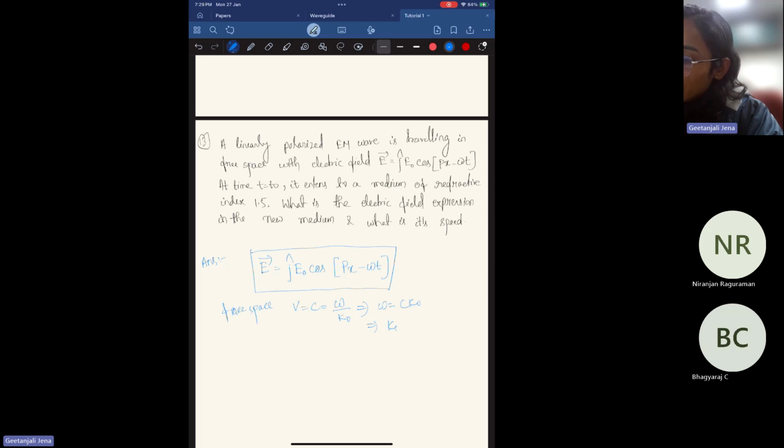Now, when it enters the medium, that is medium 2, which has refractive index 1.5, we have already seen the velocity gets decreased by a factor of the refractive index of the medium. So this will be c by n, and this will be c which is equal to n omega by k. So that means the k will be,